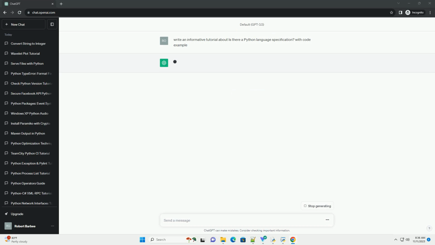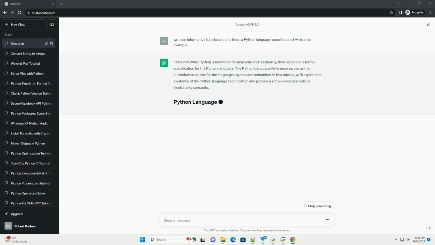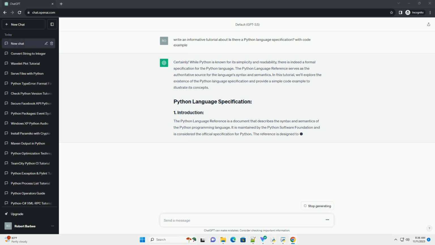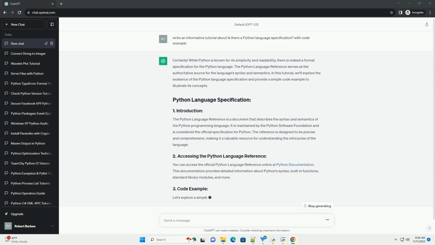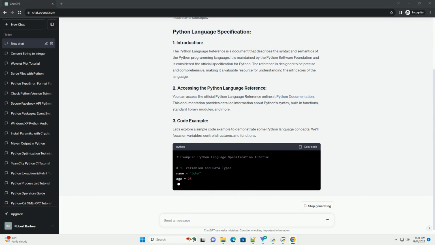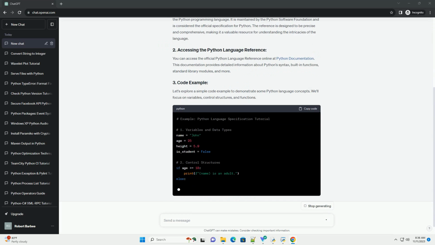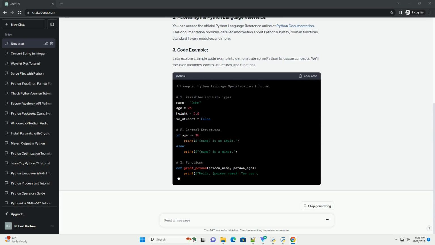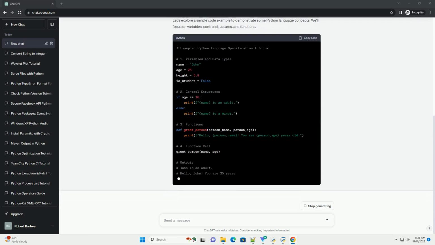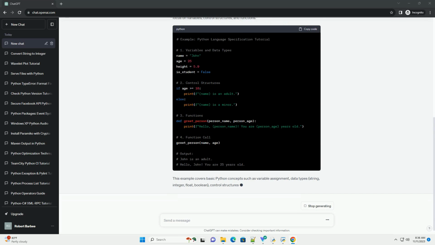Certainly. While Python is known for its simplicity and readability, there is indeed a formal specification for the Python language. The Python language reference serves as the authoritative source for the language's syntax and semantics. In this tutorial, we'll explore the existence of the Python language specification and provide a simple code example to illustrate